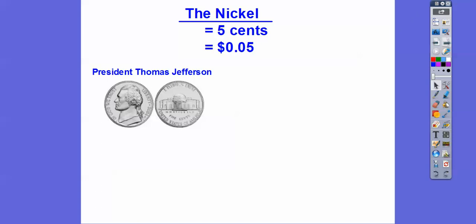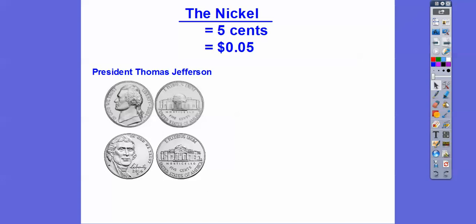Sometimes they look like this one, and President Thomas Jefferson is on the nickel. Sometimes they look like this one. These are the newer ones. So you'll see all kinds of nickels. We'll see pictures of this, and we'll see pictures of this. The back sides change just a little bit, but it's pretty much the same. And sometimes they look like